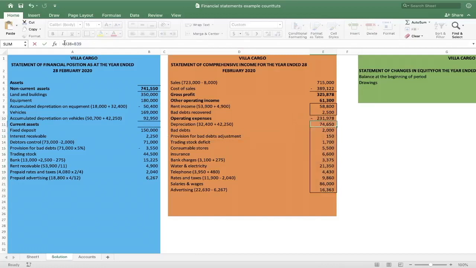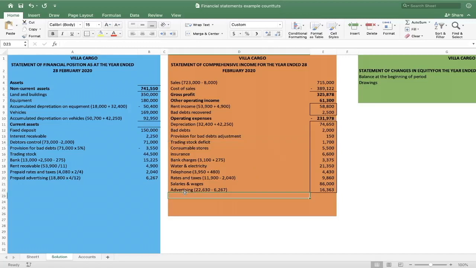It gives me a total of 231,978 rand. Okay, let me put it in bold so that we can see it properly. Okay, there we go, 231,978 rand. And remember, we put it as a negative because it's an expense. Okay, operating expenses. Now that you are done with that one, what we need to do is to put